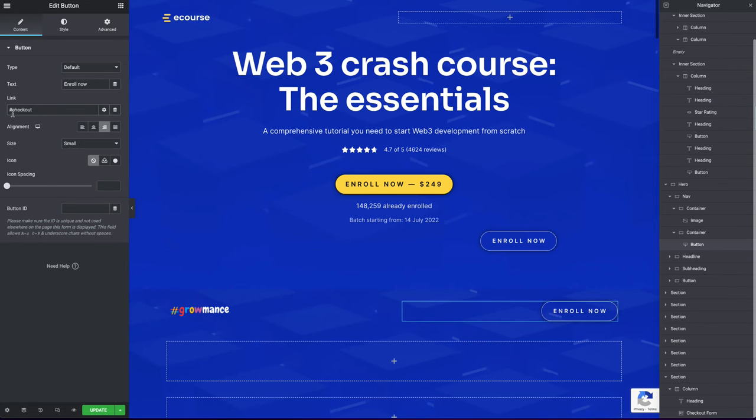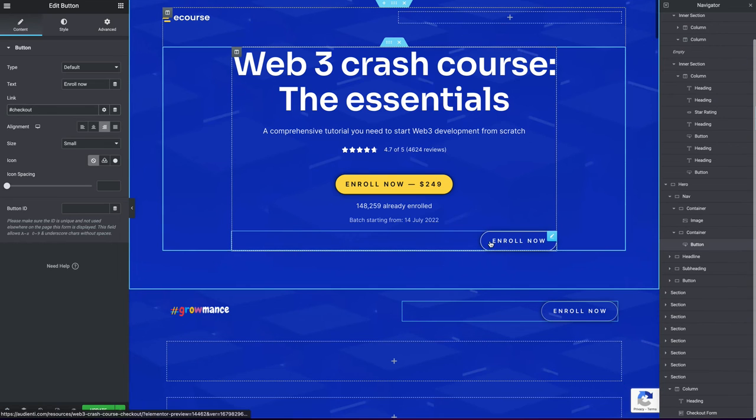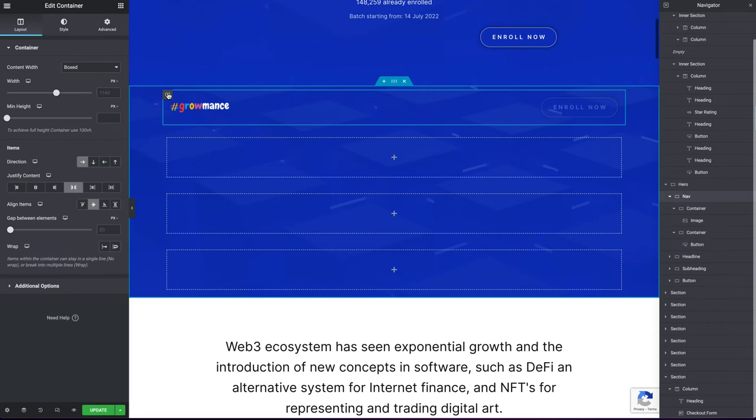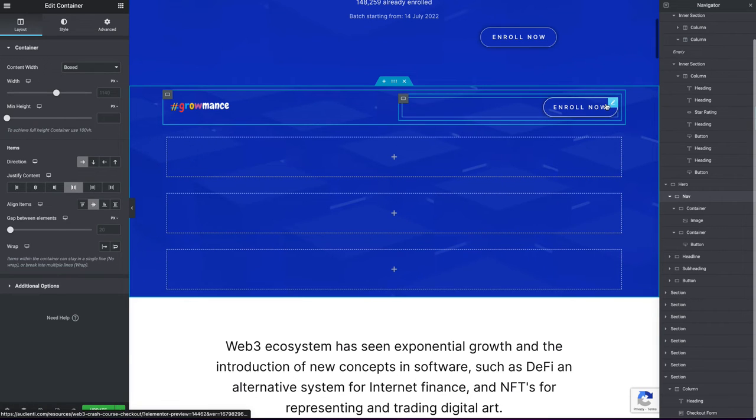We're going to use an anchor to anchor it to the checkout page. So that is the first row. What I like to do is, I think that making it feel like a navigation is a nice thing. And so what we're going to do is grab the wrapping container here, and